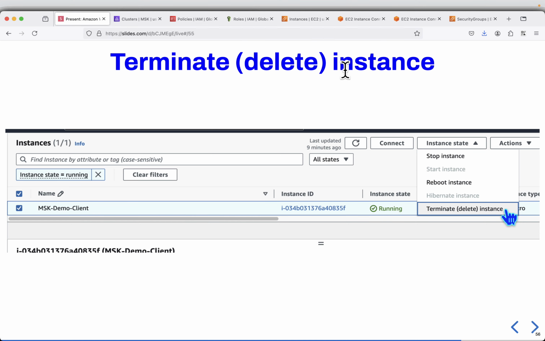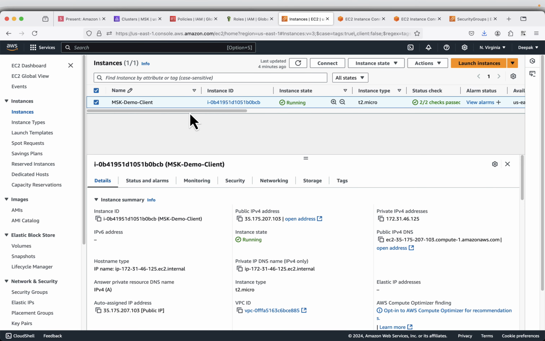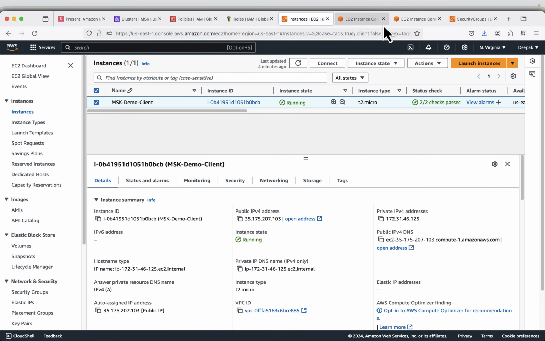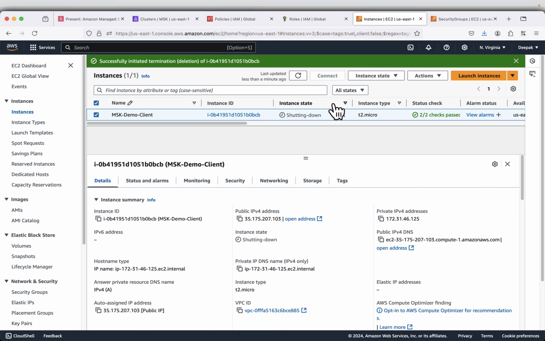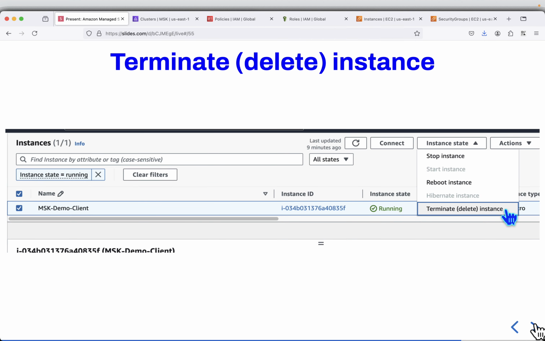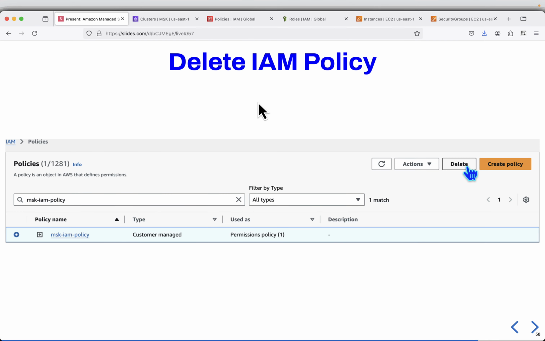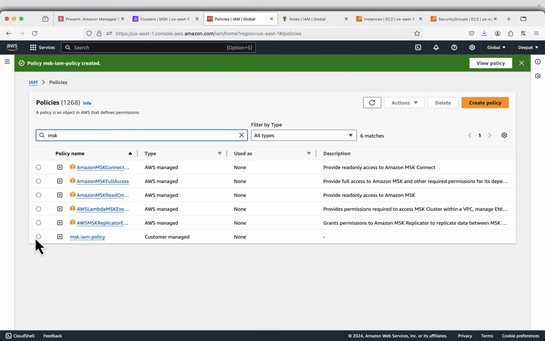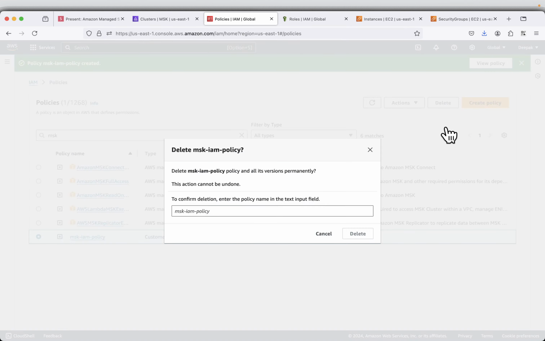Next is to delete the instances. So come to the EC2 instances and instance state, terminate and delete. We can just close these 2 tabs because they are no longer required. It's shutting down. Next, delete the IAM policy. So on the policies page, search for MSK, select the policy and delete. So I have to copy the name,